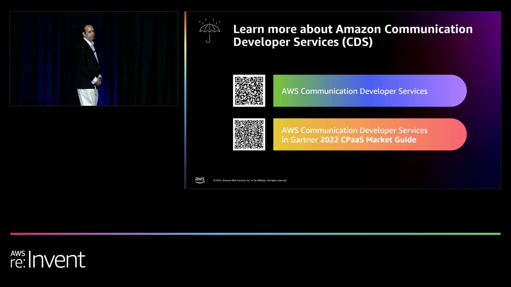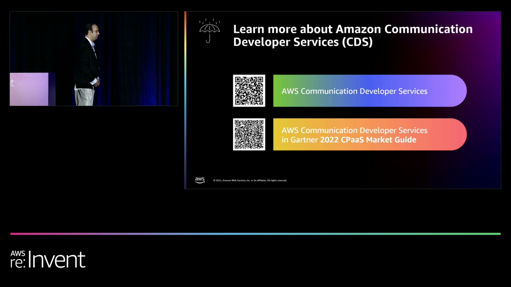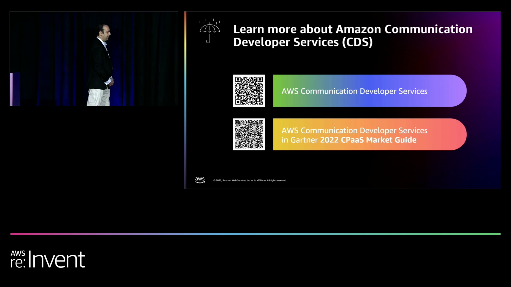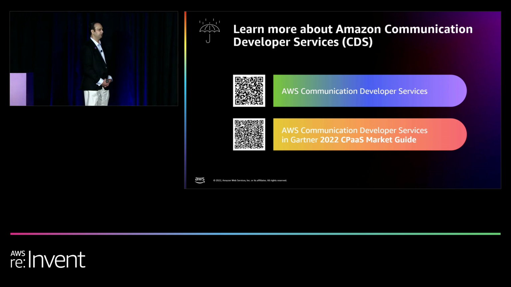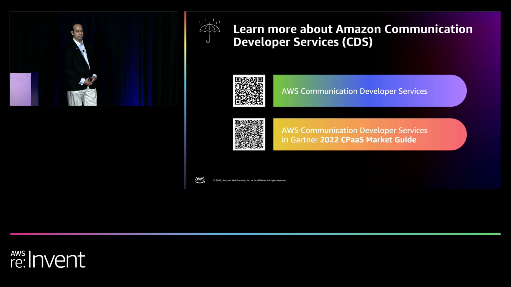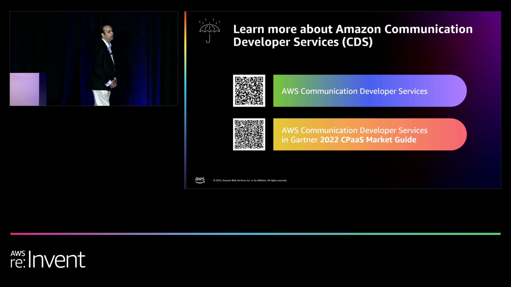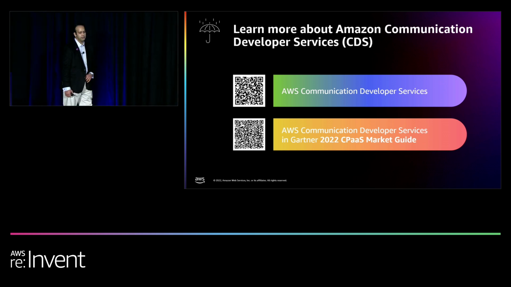So finally, communication developer services: how do you learn about it? Well, we have a category page available on the AWS website. This category page includes links to our GitHub blogs and solutions, such as the live call analytics solution that we were describing today for T-Mobile, and information about Virtual Deliverability Manager that's available as part of SES. I encourage you to look at our GitHub repos and our solutions, and they all come with automated deployment scripts, so it's easy to deploy within your own account.